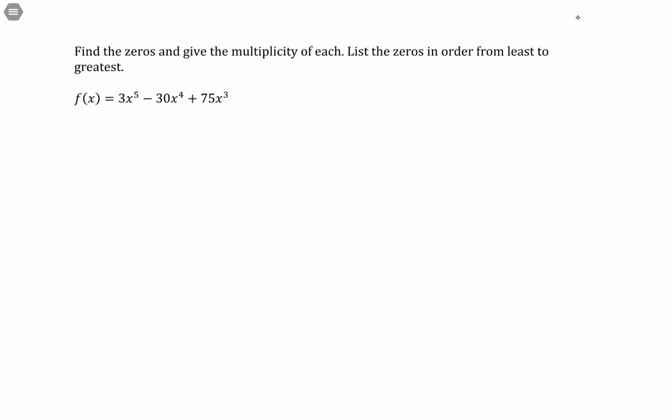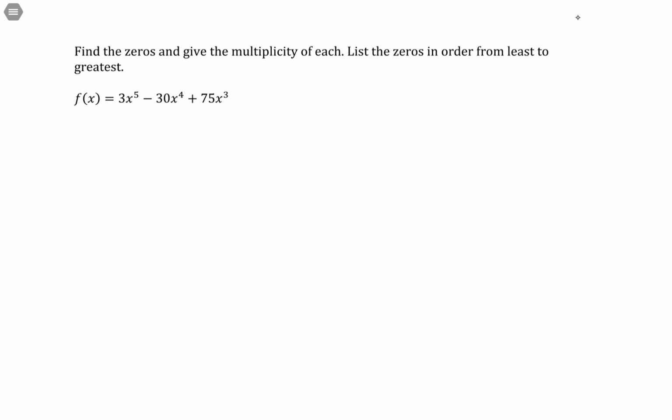Find the zeros and give the multiplicity of each. List the zeros in order from least to greatest. Alright, so I have the function f of x equals 3x to the fifth minus 30x to the fourth plus